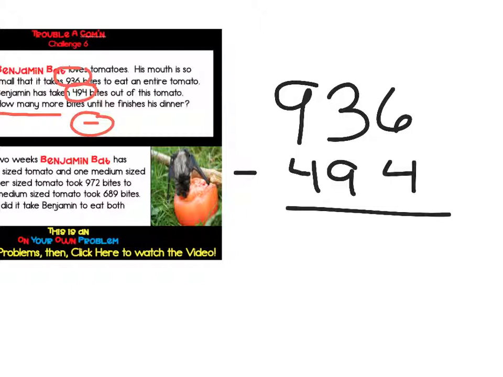So what I'm going to do is come over here, and I'm going to borrow from this 9. I'm going to turn that into an 8 and borrow a group of 10 to turn that 3 into 13. And now I have no more trouble coming right there because you can take 13 and subtract 9 from it, right? And then 6 minus 4, I got no trouble there either because 6 is bigger than 4, so I can subtract it. So now I'm all ready to do my subtraction, and I am going to use the dot